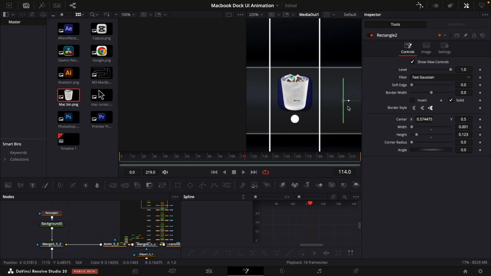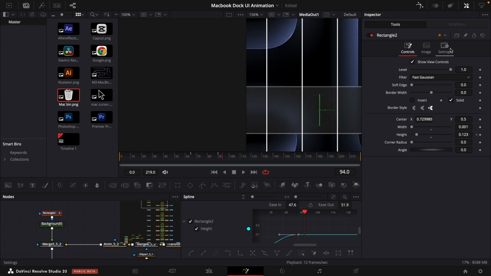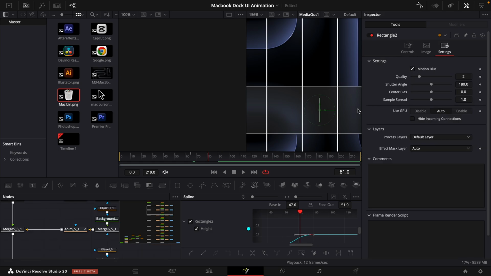And now we'll just drag it over to this space here and just go to frame 65, keyframe the height and go to frame 90, keyframe the height again and go back to the first frame and drag the height down to 0, and then just go into the spline, click S to make it smooth and T to bring up ease in and ease out, and just drag them up a tiny bit like this. Then I will go into the settings and just turn on motion blur.